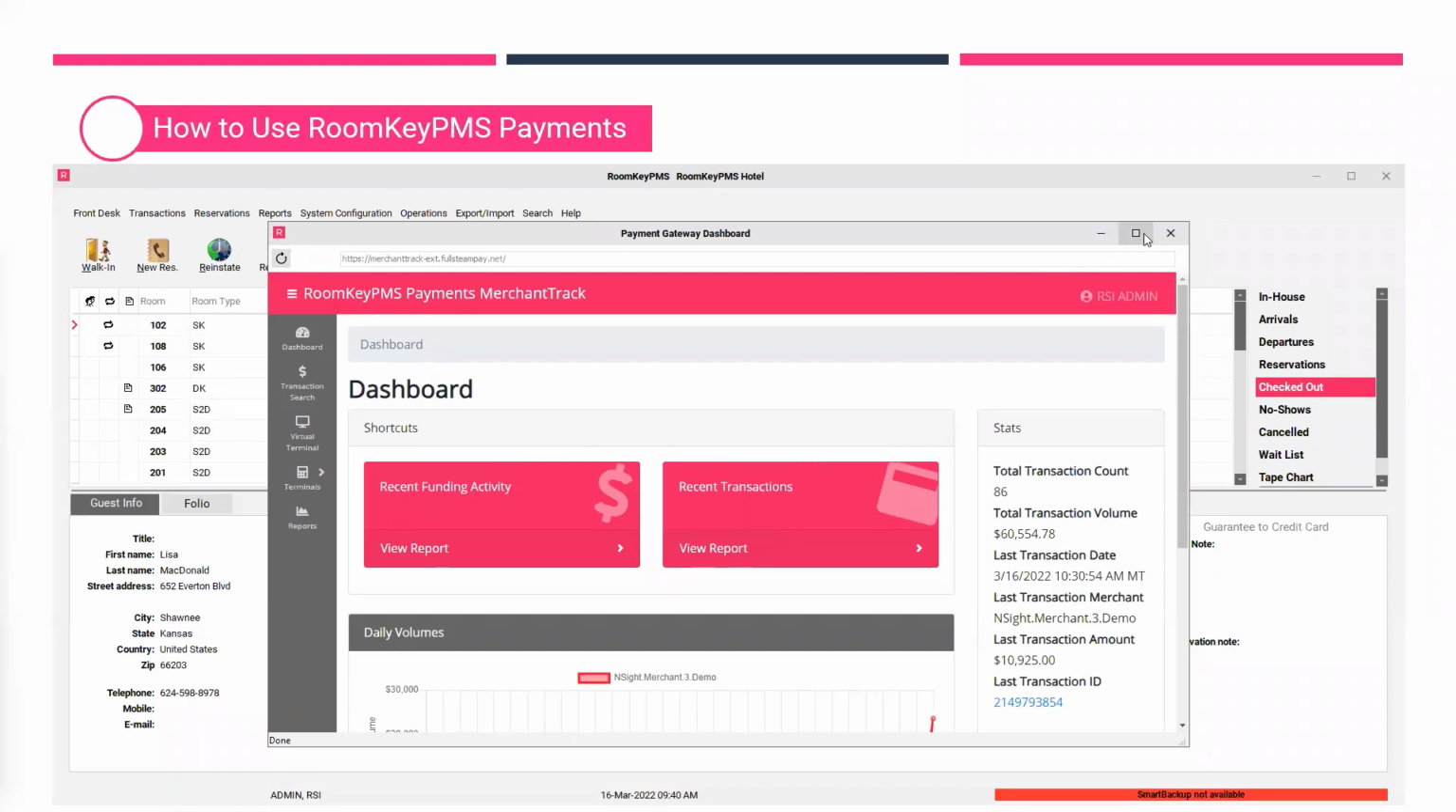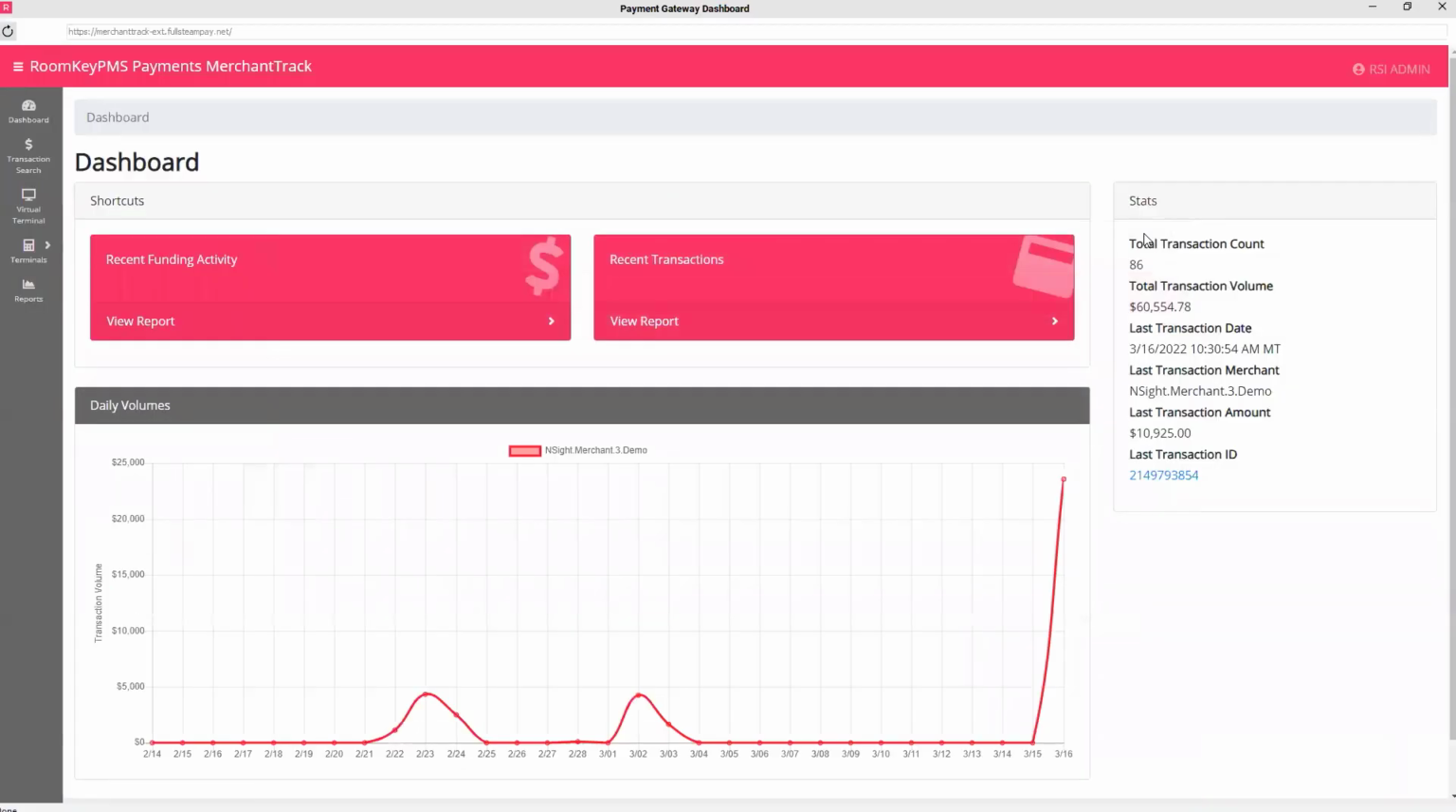Just like the transaction report, I'm going to expand this so we can see it full screen. The processor portal that supports RoomKeyPMS payments powered by Fullsteam is called Merchant Track. So you can see that listed at the top here. This is the Merchant Track portal. And it does give you access as soon as you log in. It shows you your dashboard view, which gives you an overview of payments that have been recorded in the database so far. Now, this is a demo database, so there are quite a few days where no payments are recorded,